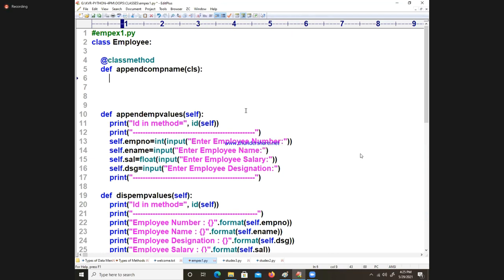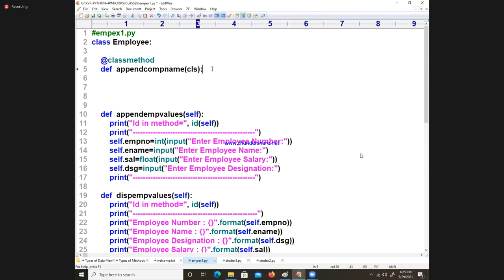It is an alias name to our class name. cls contains the name Employee. The class method will bring the class name and put it into cls by the PVM itself directly.